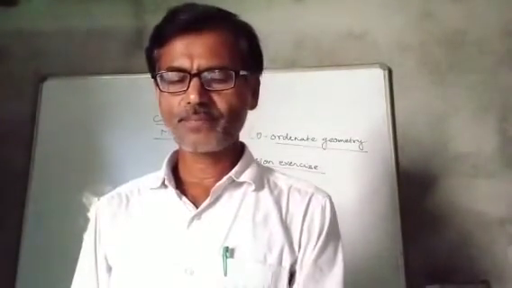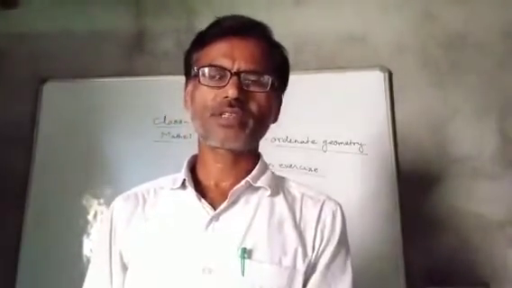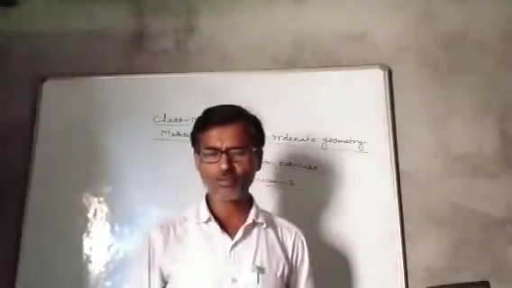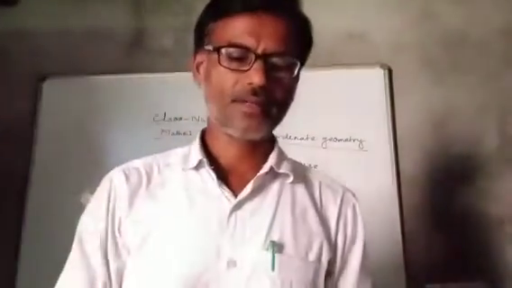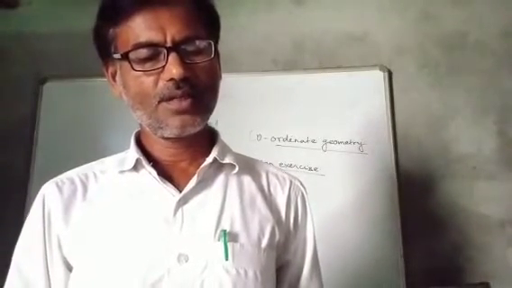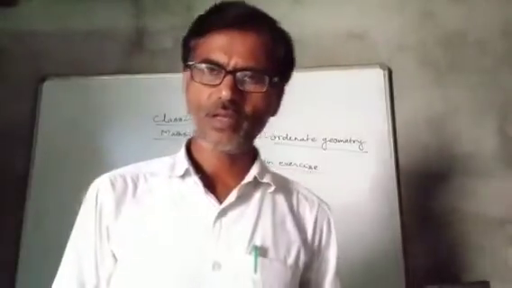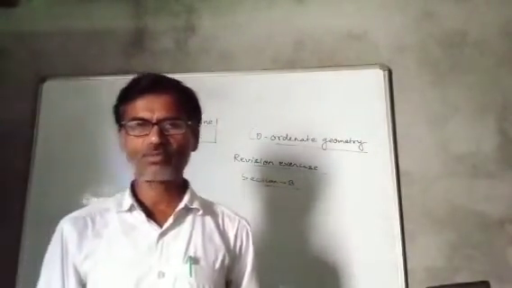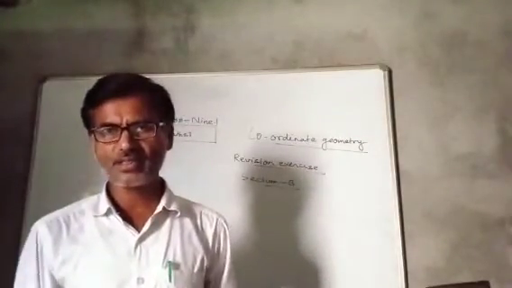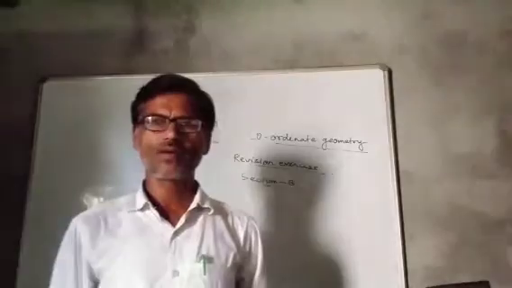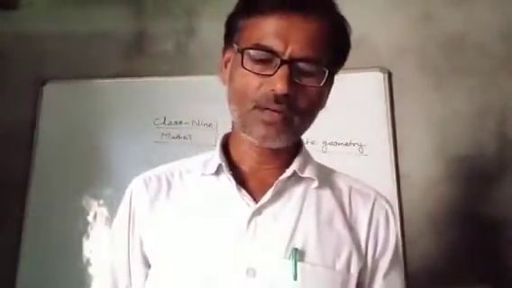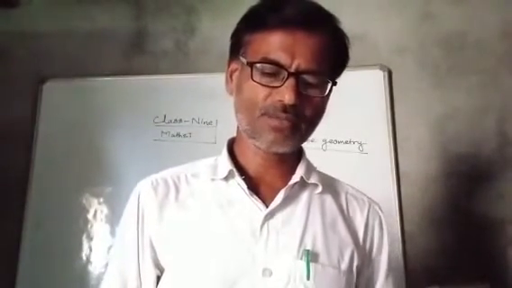In section A, most questions are objective type, multiple choice questions, and you can do these questions simply. For example, the first question: the origin is the point of intersection of two coordinate axes, say x axis and y axis, and its coordinate is 0 comma 0. Well, you all know this, so easily you can select the correct option. Option C is correct.